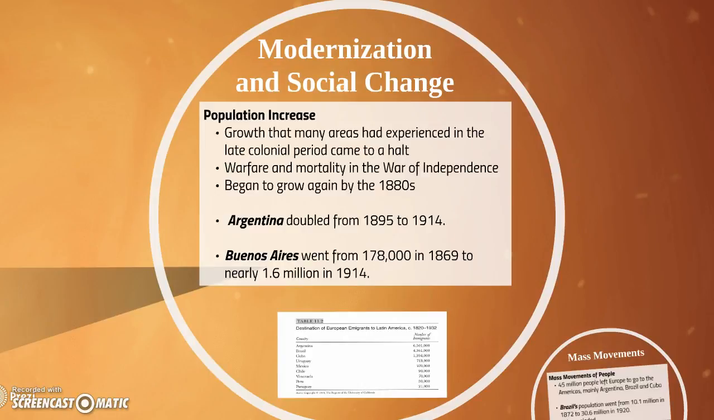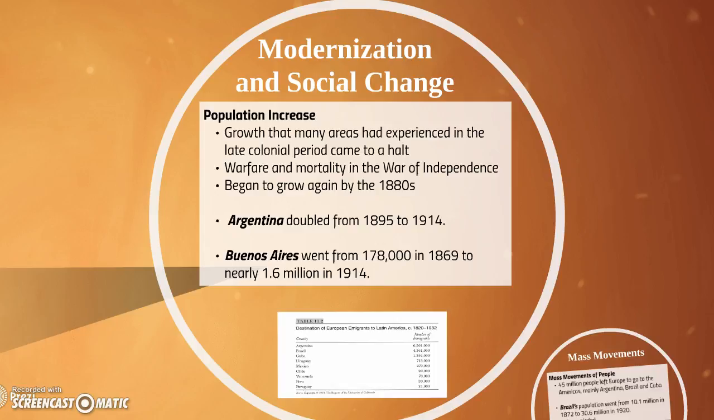Modernization and social change. One of the major changes during this period was population increase. Growth that many areas had experienced in the late colonial period came to a halt. Warfare and mortality of the War of Independence contributed to this, but it began to grow again by the 1880s,